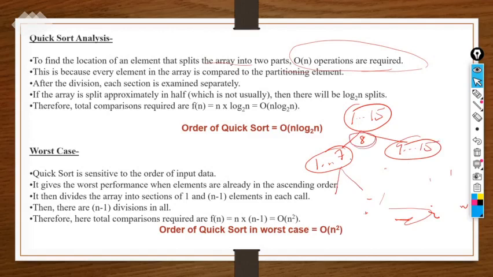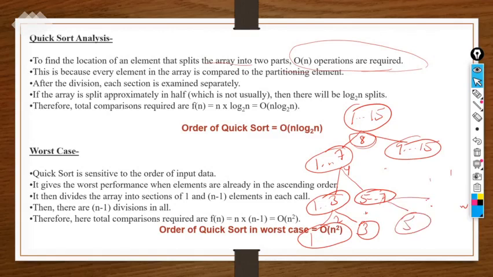This pivot element is fixed, okay. Now we have to sort this left subarray and right subarray. Again divide it. What will be the center element? Middle: 1 plus 7, it will be 4. So first we take care of the left hand side, 1 to 3, and on that side there will be 5 to 7, right? Next, if you sort it out, you will get 1, then 3, and 2 will be the pivot element, right? Again there will be 5, 6 will be the pivot element, and 7 will be there. In the same manner you will terminate the left hand side as well as the right hand side up to the last point.